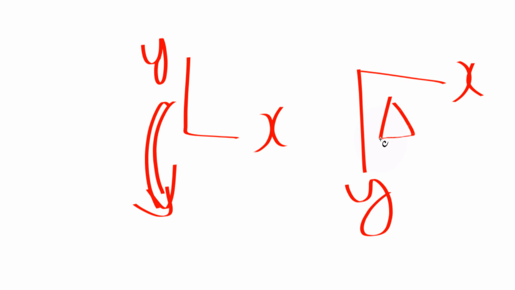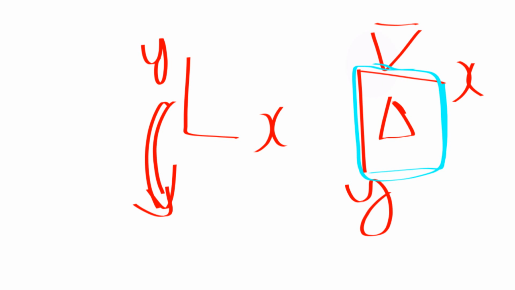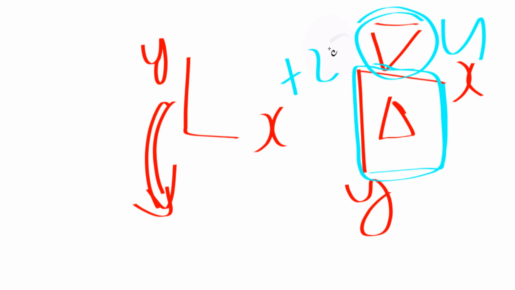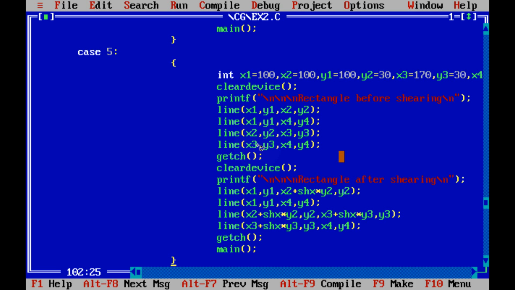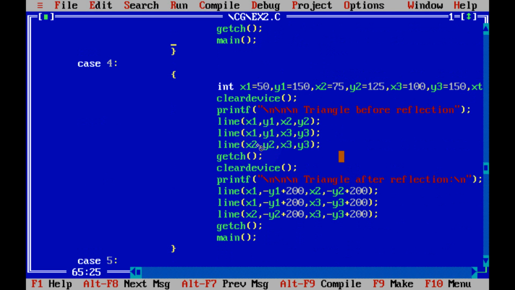So if we are able to draw a triangle, then if you are able to interchange the y-axis, we will get the triangle over here. But our computer screen is only, let me change the color, our computer screen is only this part, so this part gets hidden out. So we need to add some more value to the y-axis, so that we will be able to bring this diagram towards our screen. Alright, so here is the block for reflection.